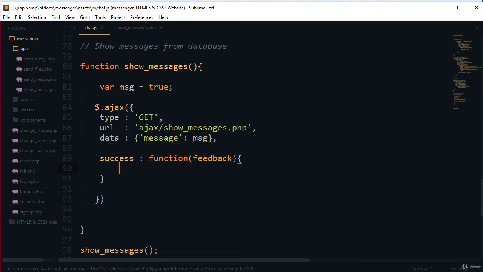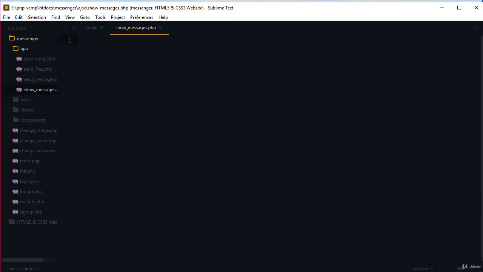So now let's go to this page, showMessages.php. For now leave this one. Now go to showMessages.php, and here first of all we need to include the init.php.